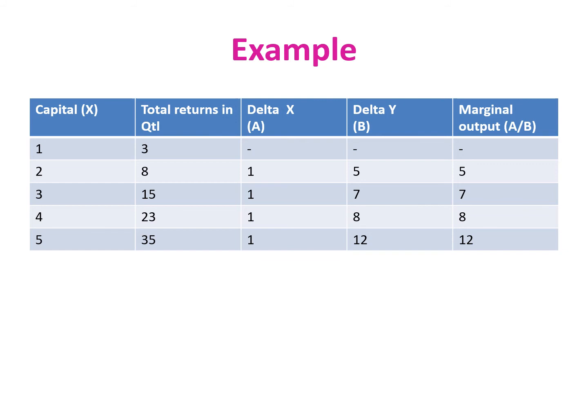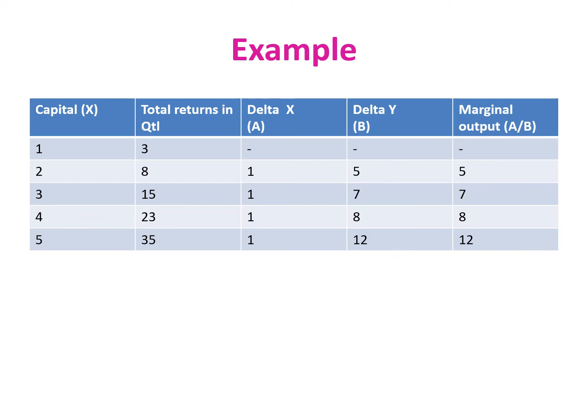If you are calculating marginal output for this example, this can show you the increasing trend. If we can see the last column of this table, this shows increasing trend in the production process, and it is nothing but the increasing returns that you are going to receive from the addition of each successive unit in the production process.